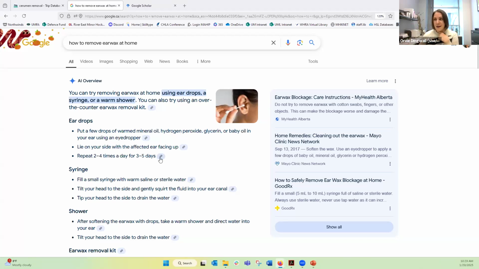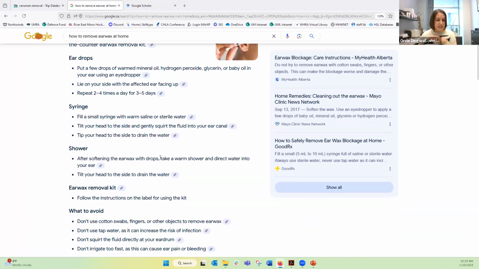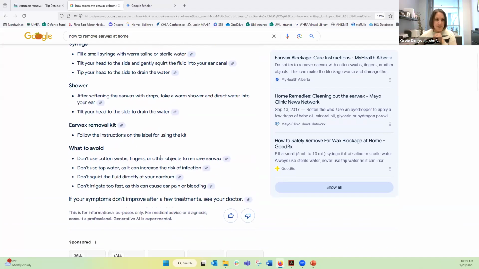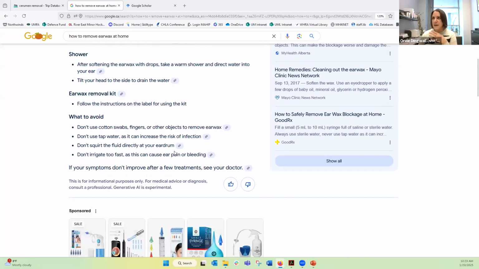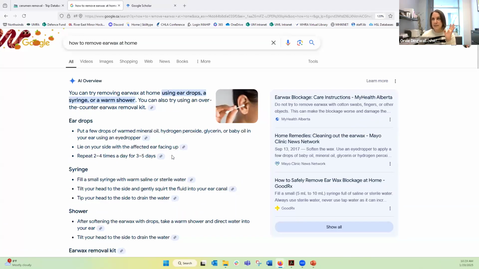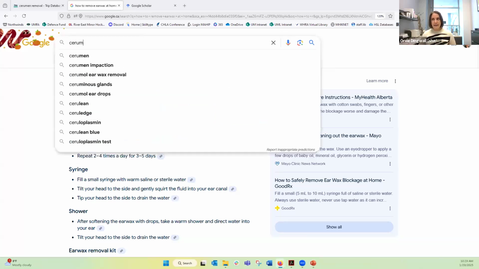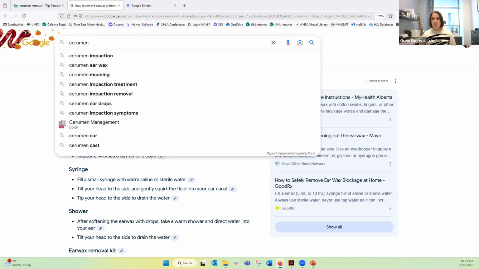I always like to skim through and just see, especially if you're already an expert in this area. This might be helpful for you to see, oh, this is what they're recommending, or I'd forgotten about that, or whatever it might be. Or you might think, oh my goodness, this is so dangerous that this is what's out there. The other way to approach Google is to, again, like we did in the trip search,